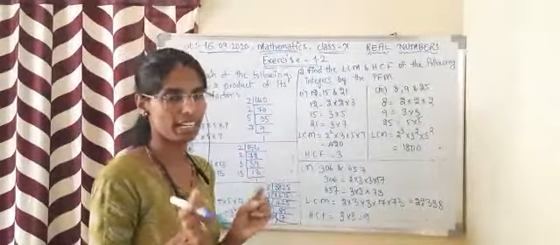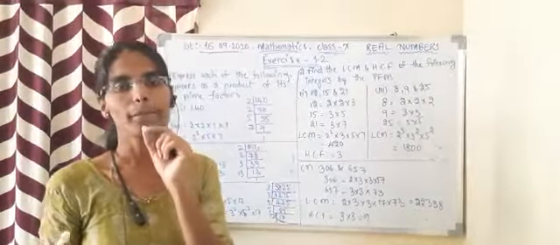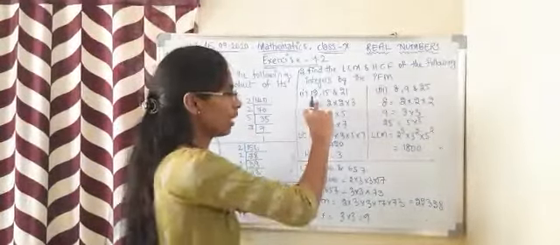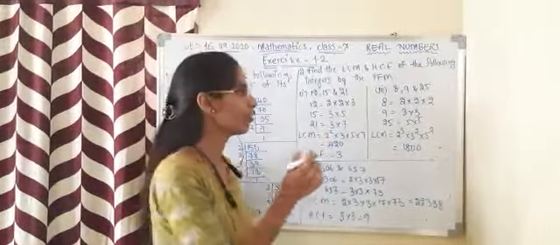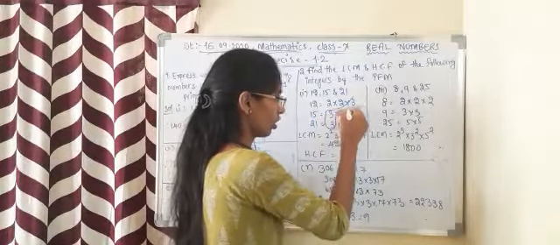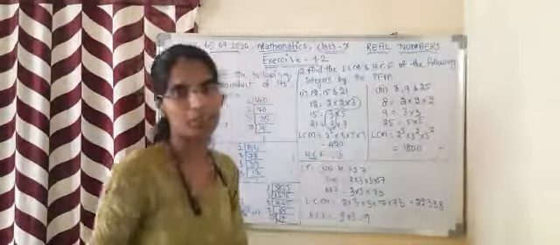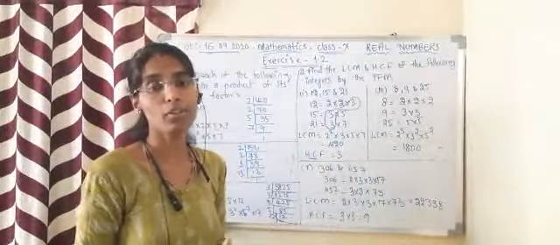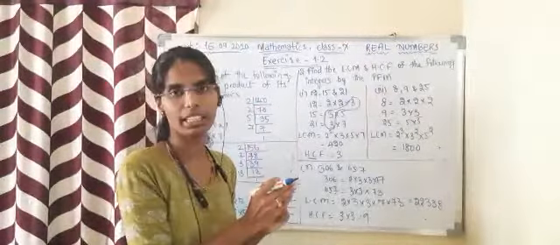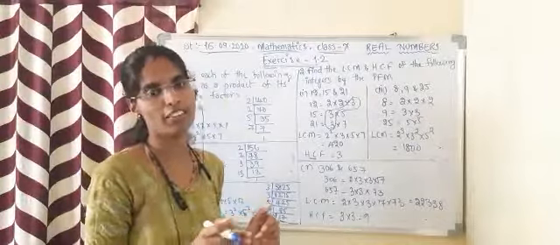First, let us go for the HCF. HCF means highest common factor. What are the common things here? You can find 3 as common here, right? This 3 is common. Therefore, the HCF is 3. For the LCM, you have to take the remaining things, and whatever is common, you have to use only once.